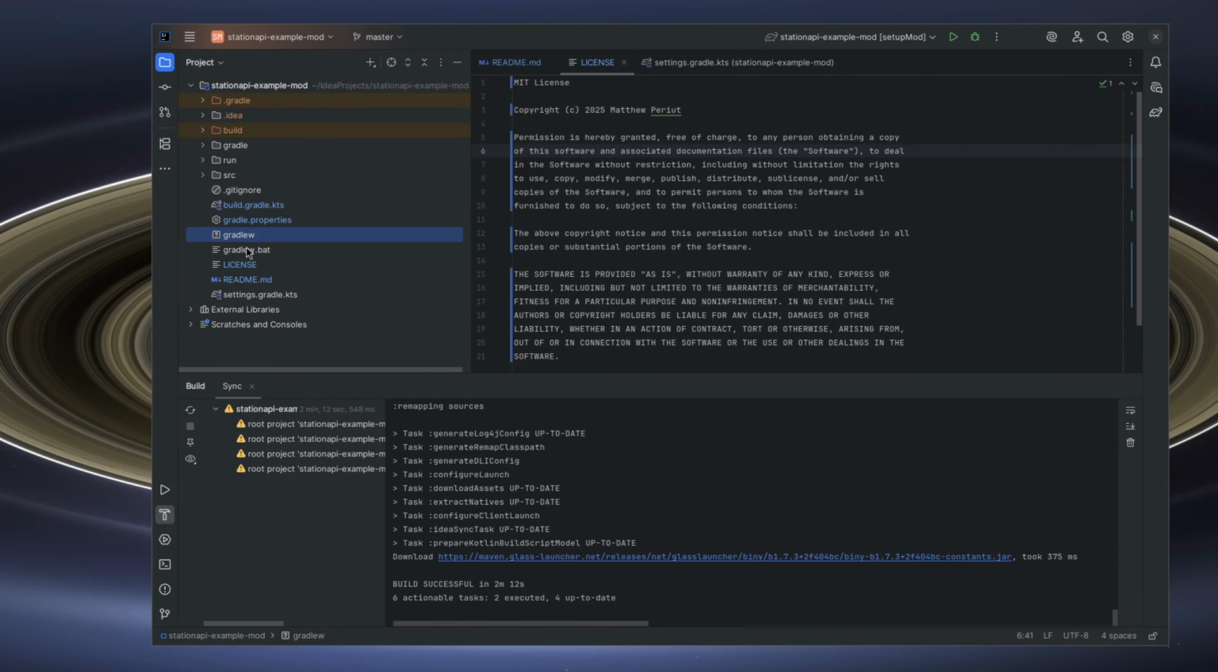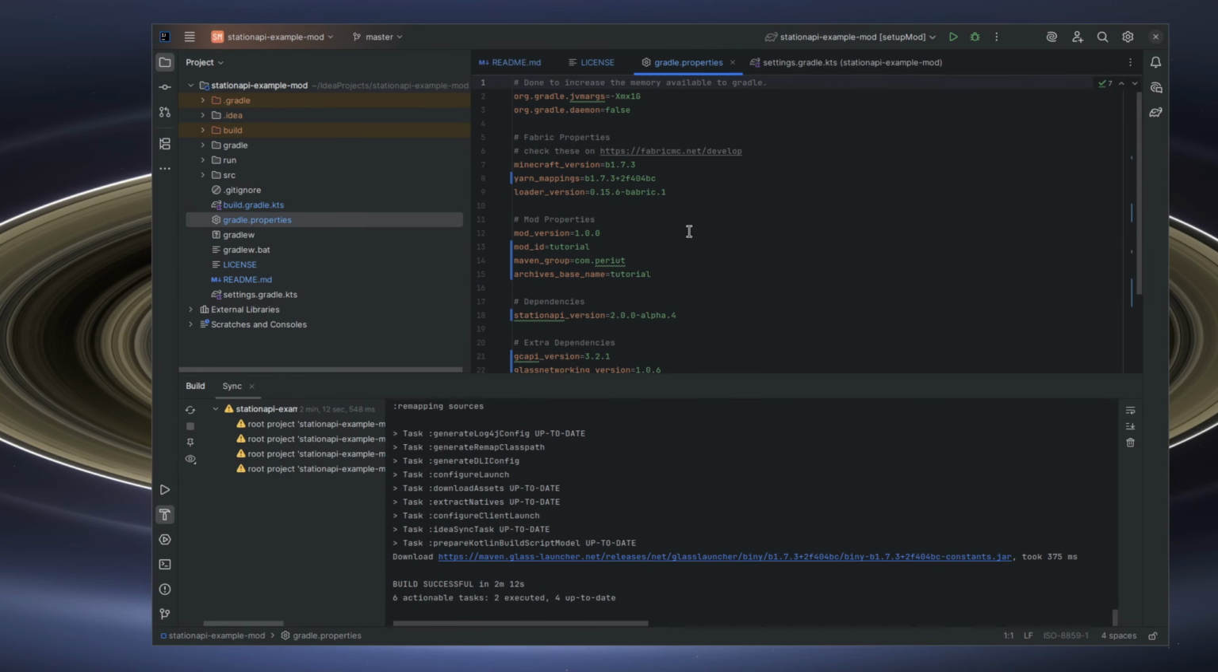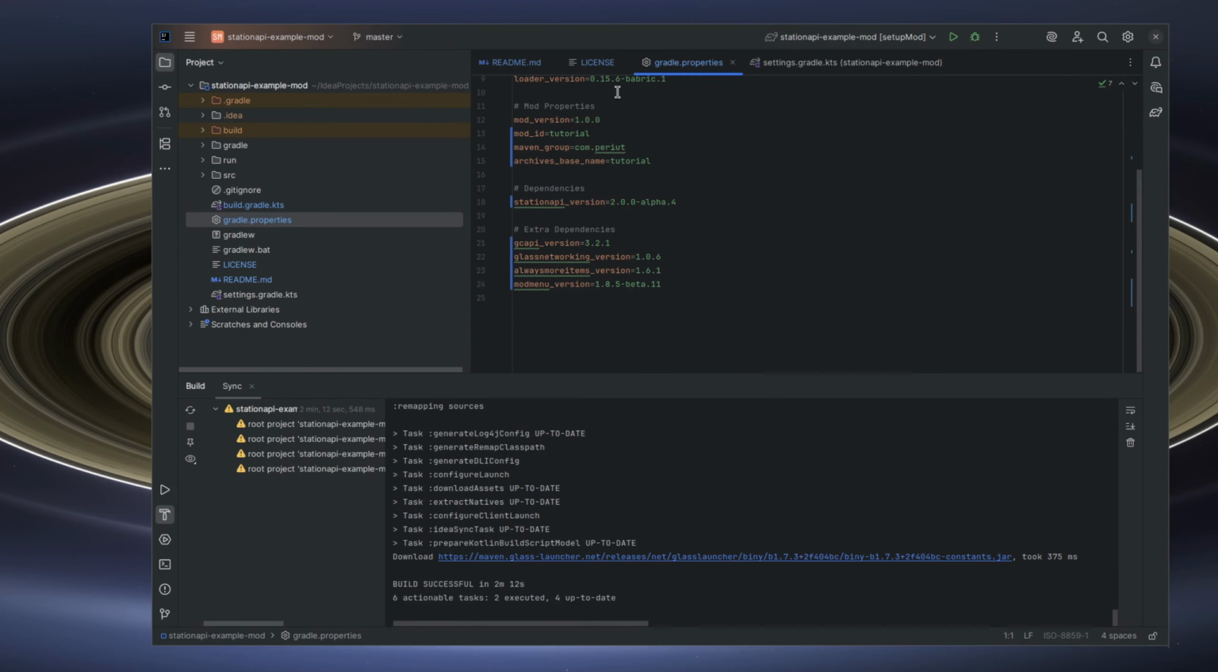These two files I wouldn't really worry about. They're just executables to run Gradle, and Gradle is our build tool, so it'll build Minecraft for us, build our mod for us, things like that. And then here's Gradle.properties. So this is basically all of the variables that are being used for our mod